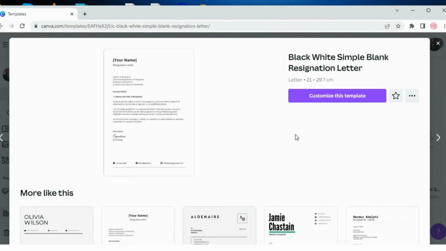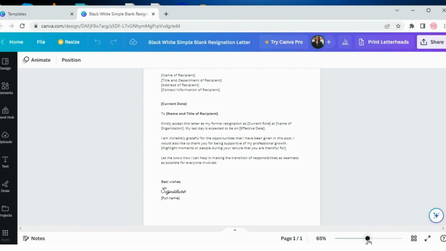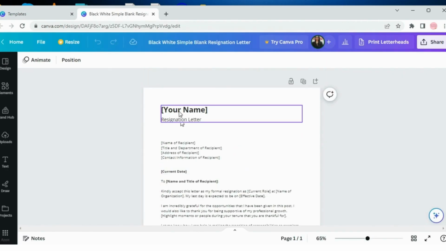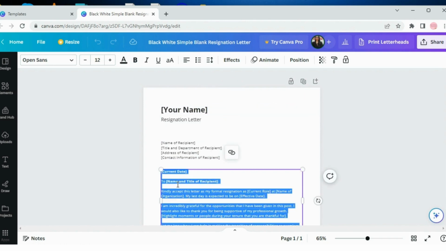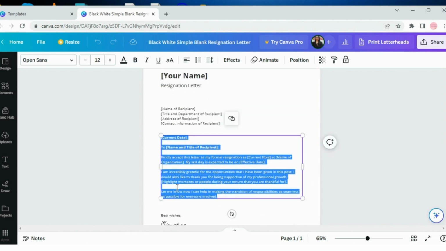After selecting a template, you'll be taken to the Canva editor where you can customize the design and content of the document. Start by replacing the placeholder text in the template with your own resignation letter content. Click on the text boxes in the template and modify the text according to your resignation letter's content. Include important details such as your name, job title, current company, last working day, and a brief statement expressing your